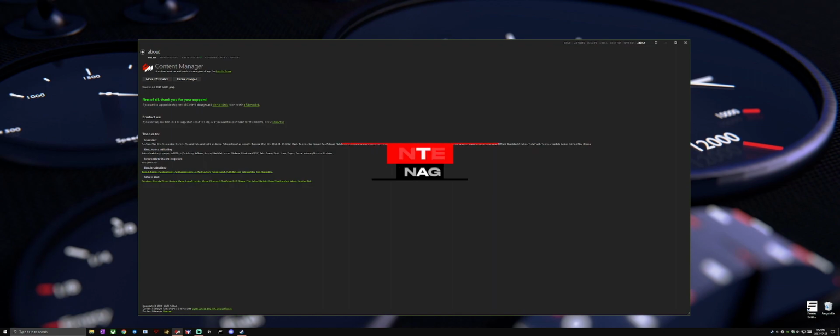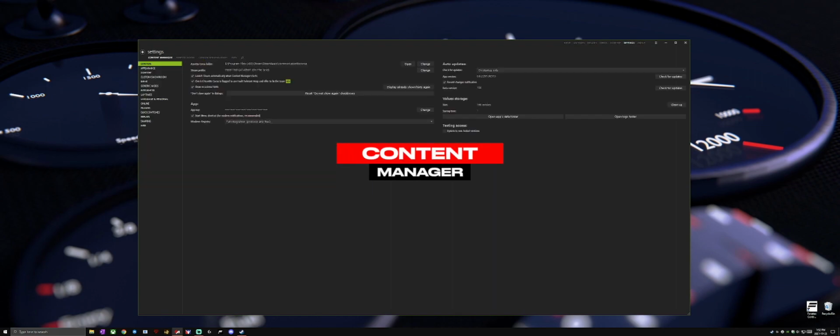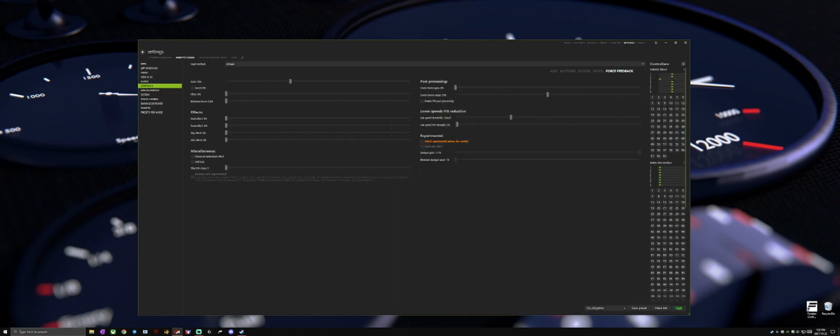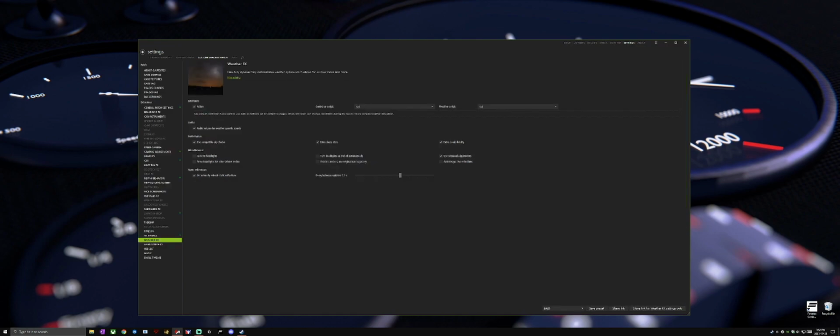And another one that I cannot not talk about is Content Manager. I mean, what can you not say about it? This is an alternative launcher for Assetto Corsa, and Content Manager extends the functionality of Assetto Corsa by miles. Popular add-ons like Sol and Custom Shaders Patch, which give an overall upgrade to the visuals, are really must-have